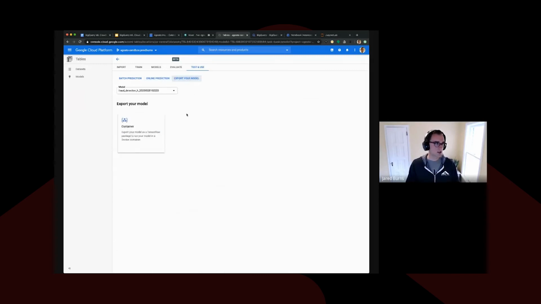And then you can also export your model. Let's say you want to be able to serve your model locally on a device. This is where you can go and do that. Yeah, or however you do your model hosting today, right? So you can export this TensorFlow and run it anywhere you want to. So you can run it in your own container, VMs, whatever works for you, right?